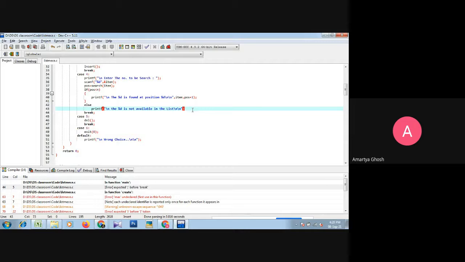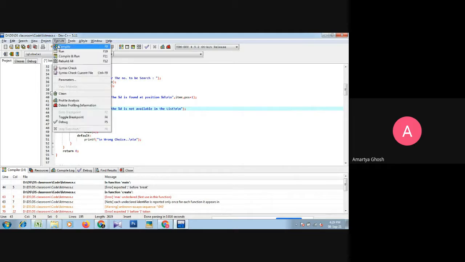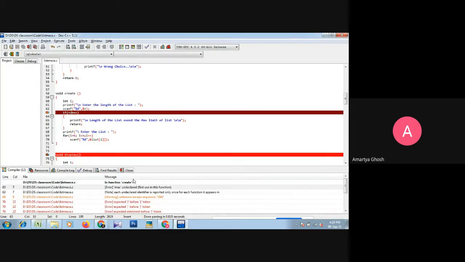That means here there is a semicolon. Okay. Next, again go to compile.